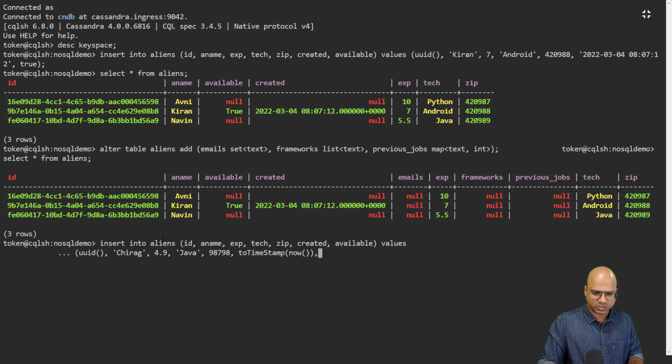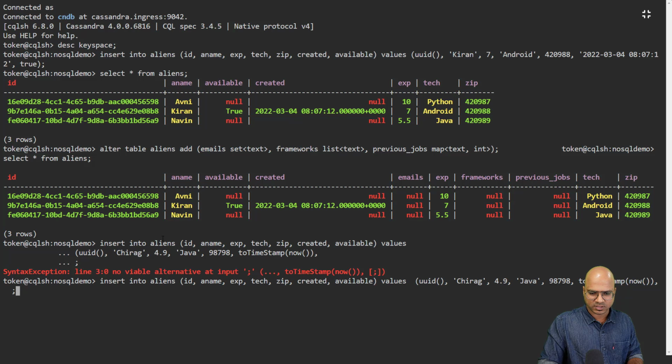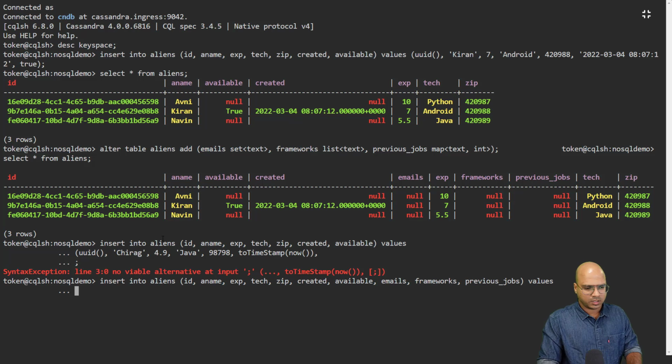Oh, there's one more thing which we forgot to mention here. Unfortunately, can't go back. So what I will do is purposely make a mistake here. I will say enter, which will give me some error, because I made a mistake. So we have to specify two more things. Available, after this, we have to mention created, available, emails, and then we have to mention frameworks and previous jobs. Looks good. Now I will say the same thing which I did earlier, but this time same values, timestamp, done,